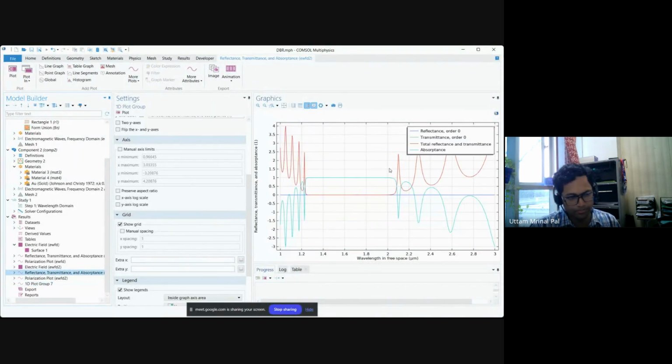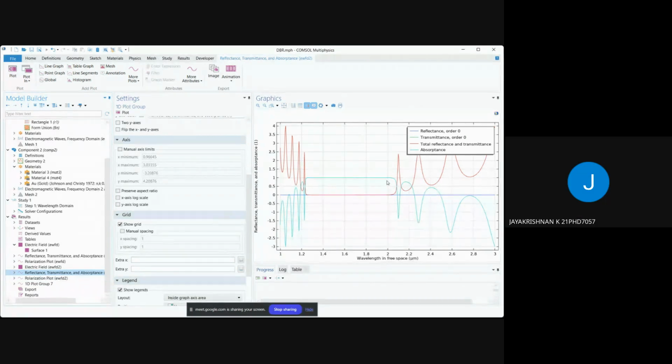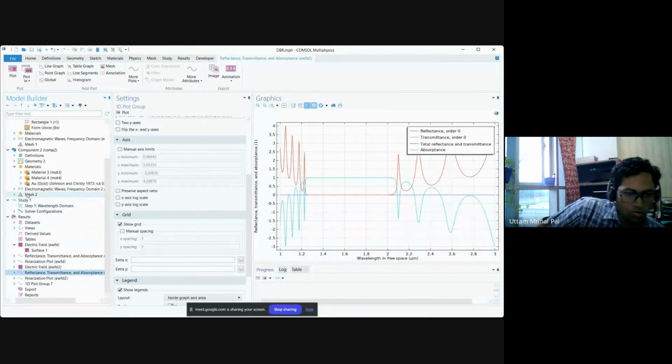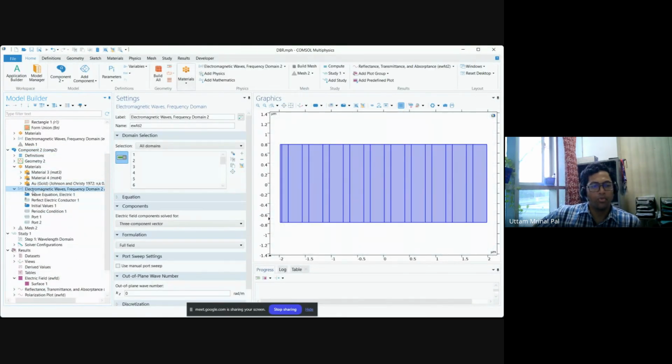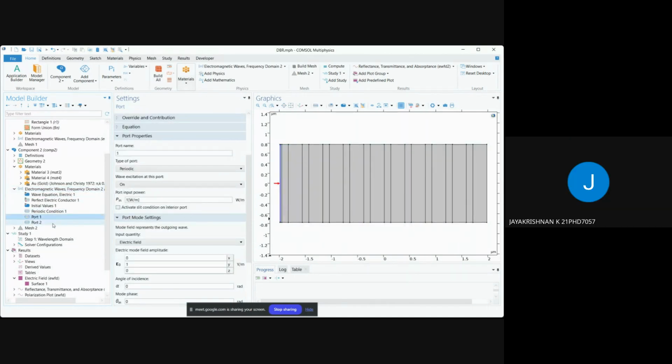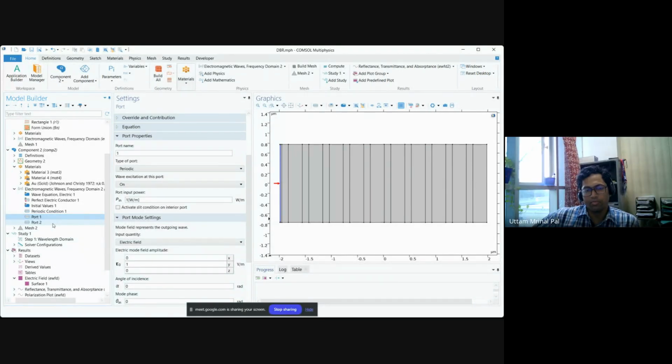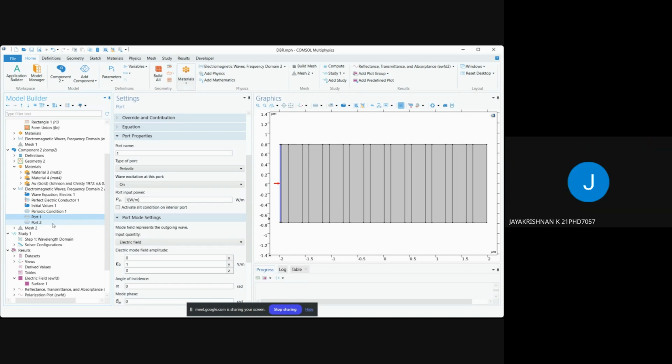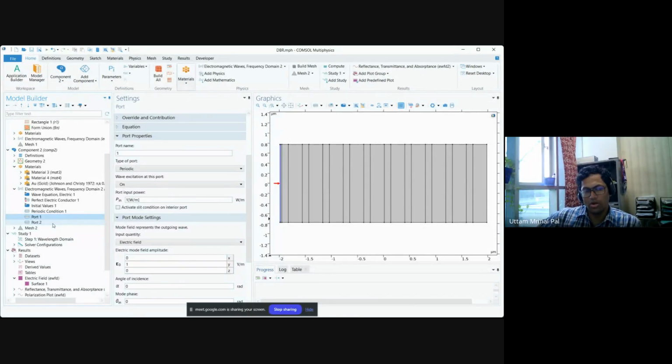If you go to this model with the gold, you open the electromagnetic wave frequency domain. So you're applying the port condition to the gold, right? Yep. This is not the correct way to do it actually. What would be in front of the gold, something else, like an air domain? I don't know how it looks in reality. Is there a dielectric domain in front of gold, or is that the first domain? Mostly it is air. So you add one air domain, and then instead of modeling this gold structure, you apply a TBC,